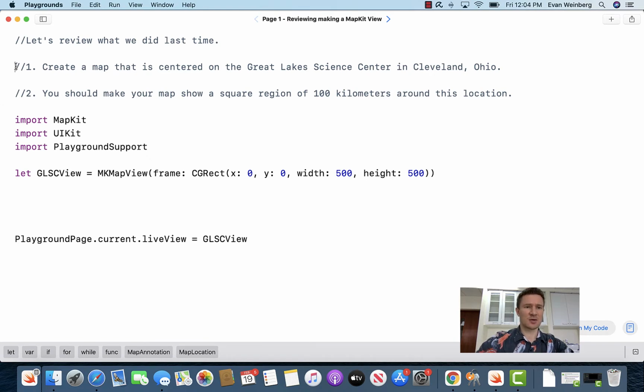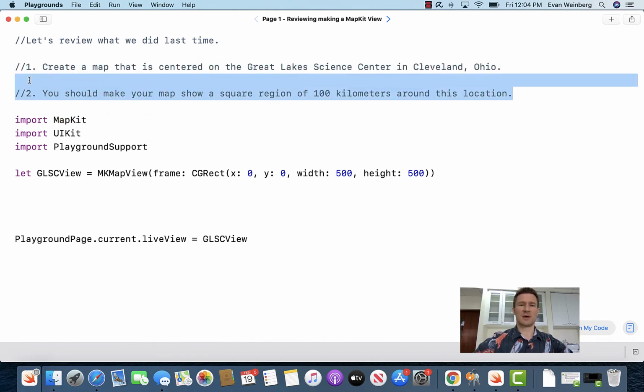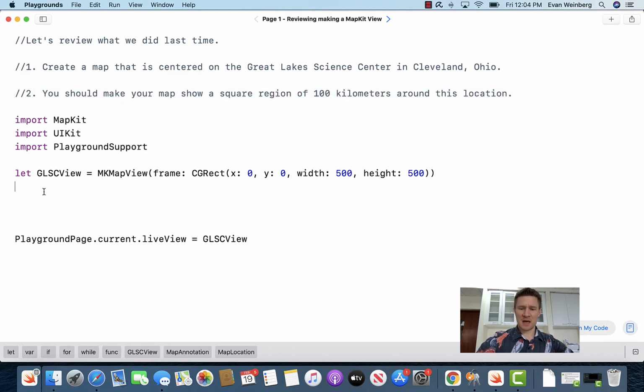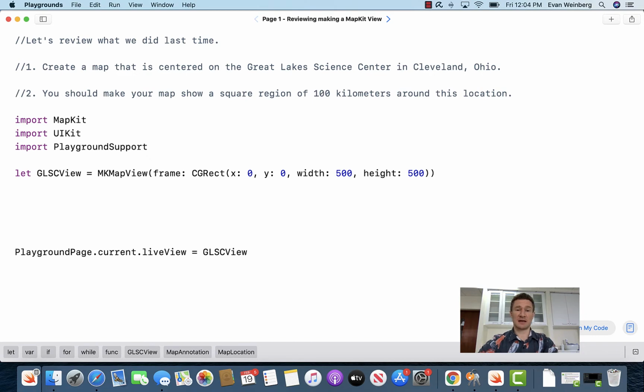Your task is to create a map that is centered on the Great Lakes Science Center in Cleveland, Ohio, and we want the map to show a square region of 100 kilometers around this location. Now, the first thing that we did in building a map previously is we set, after making the map, the center coordinate of our map. So let's do this. Let's say Great Lakes Science Center